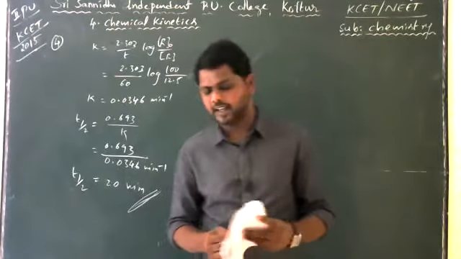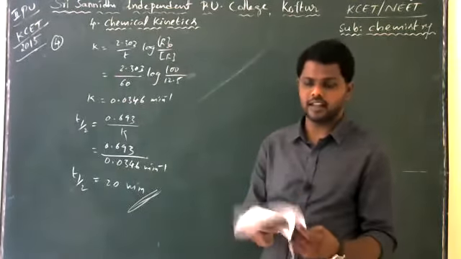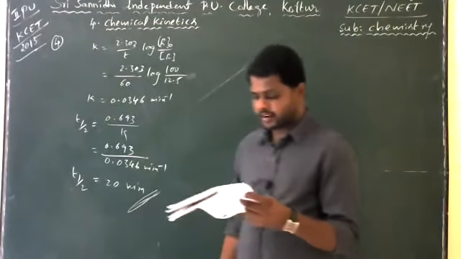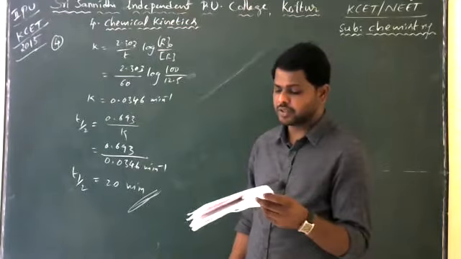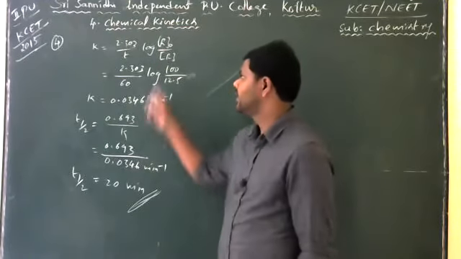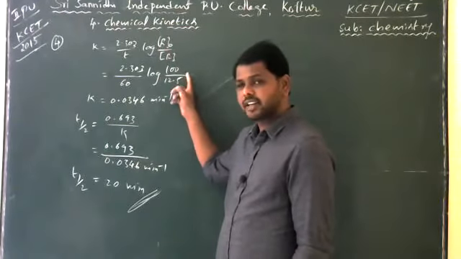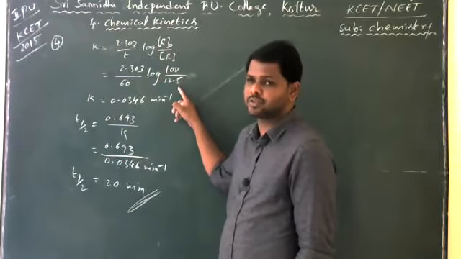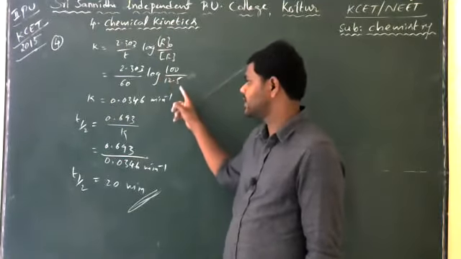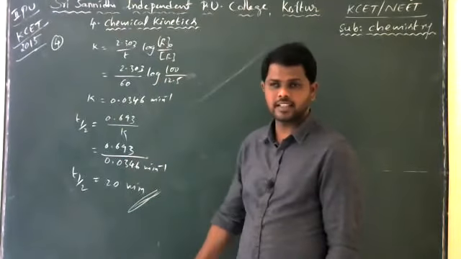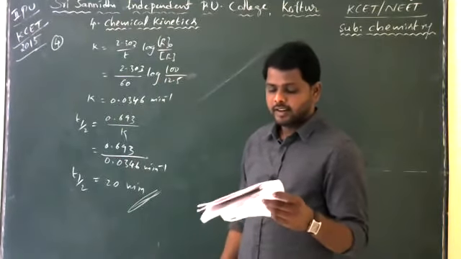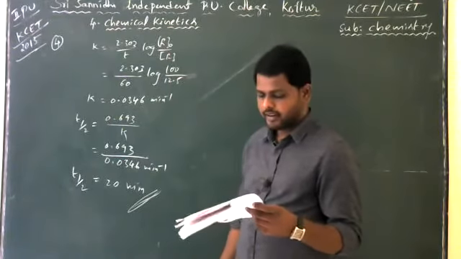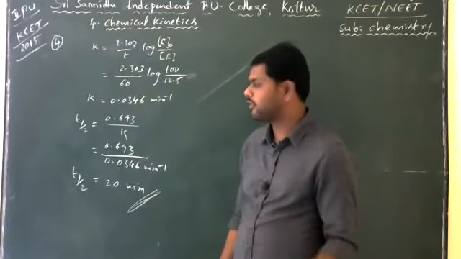So what question have they given? Observe it neatly once. In a first order reaction, the concentration of reactant is reduced to 12.5%. That means initially we had 100%, and its concentration is reduced to 12.5%. Nothing but A by A minus X. A minus X is equal to 12.5, nothing but concentration of R is equal to 12.5. The reaction has happened, and in 1 hour the concentration has come down to that. And when was it half completed?